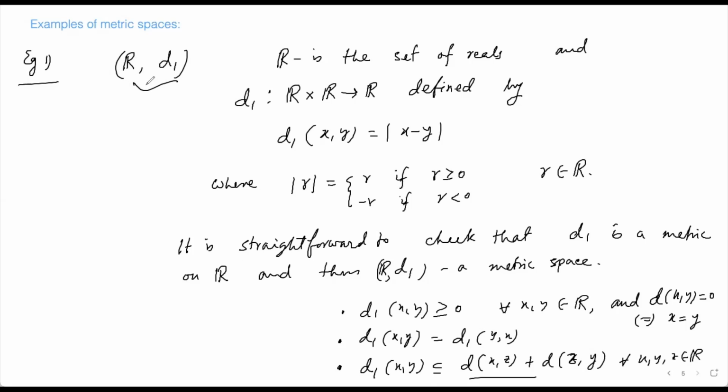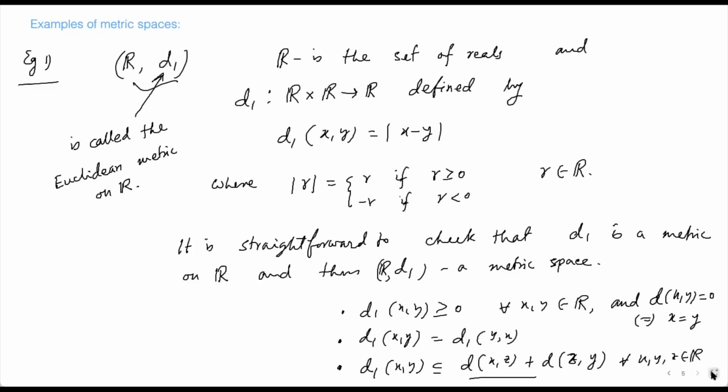d1 is a metric on R, and this metric d1 is called the Euclidean metric on R. So there might exist many other metrics on R, but this one is called the Euclidean metric on R. So next we